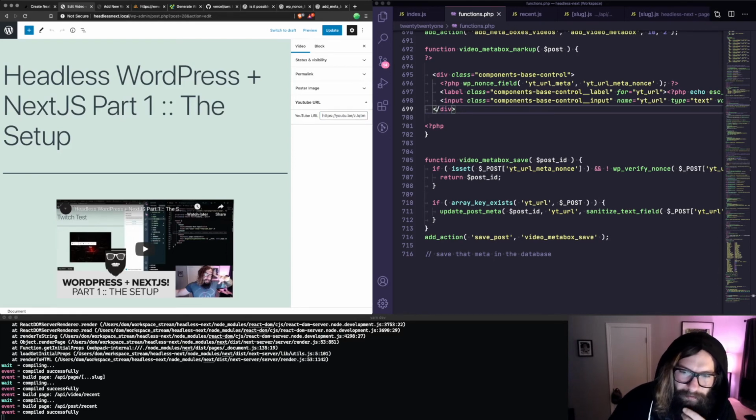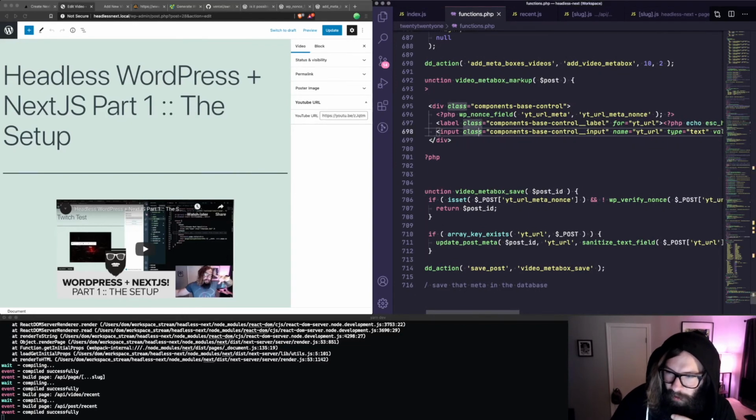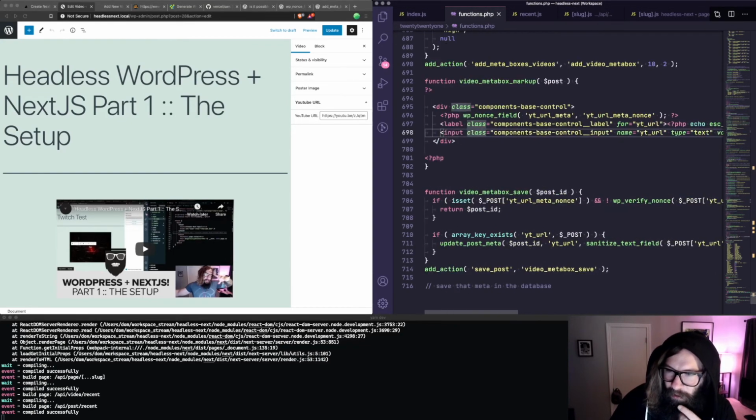So I think the last thing that we're going to do is actually just make this meta available to us through our GraphQL endpoint. So we've created custom meta. You can duplicate this as many times as you want. If we wanted to add another field, we would essentially just